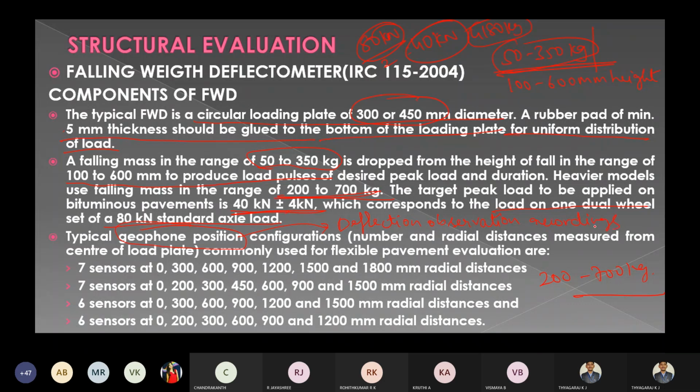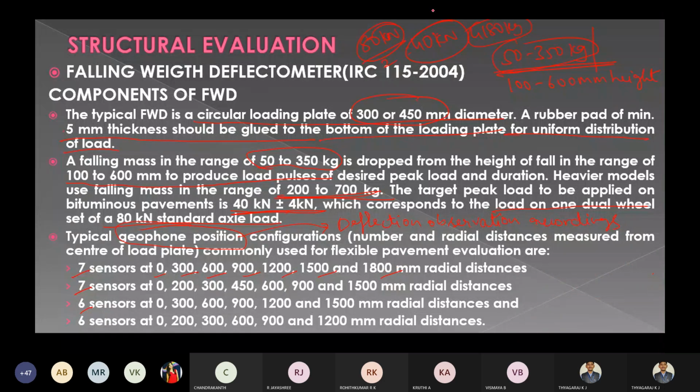The geophones are used to record the deflection when we apply the load. Geophones are 7 sensor or 6 sensor based, at a distance of 0, that is under the load, and at radial distances of 300 mm, 600 mm, 900 mm, 1200, 1500 and 1800 mm.